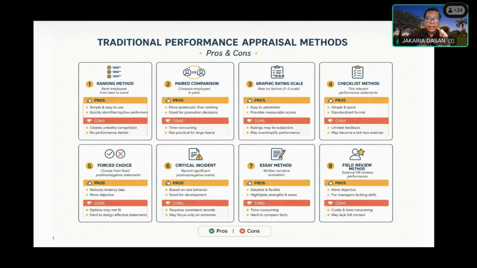Itu maksudnya ranking method. Plate comparison, let's say 4 orang ni, contoh tadi 4 dalam ranking method. So now, macam mana nak tentukan seorang? Jadi dia ambil 2 orang yang teratas. Plate comparison. Essay methods, tested by writing or presenting and so on. Critical incidents, kalau ada case studies, situational studies, the simulation, and so on.